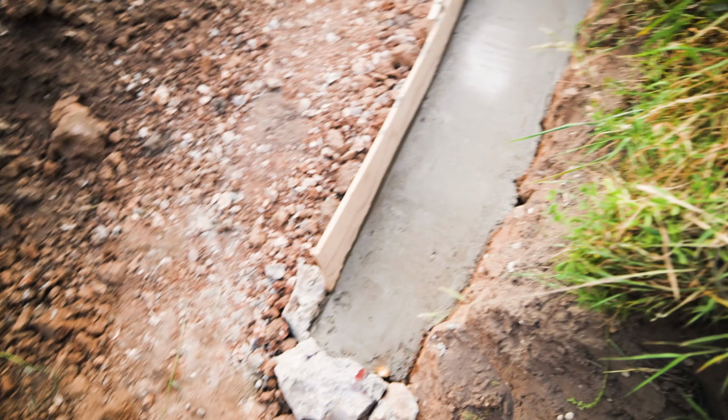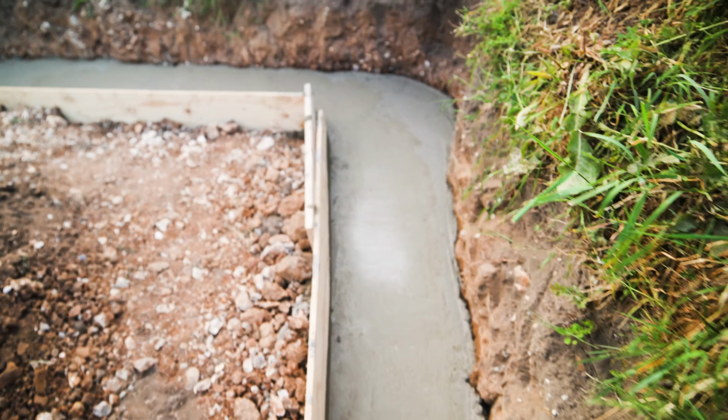It was to concrete the base, the footing on the left-hand side. Yesterday we did the right-hand side, but we needed a bit more ballast. So I was at the builder's merchant bright and early this morning. I was back here for just after 8 o'clock, and we got straight on with the concreting. And in fact, everything went so smoothly, we worked that hard, everything was done, wrapped up, cleaned away before